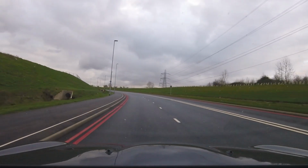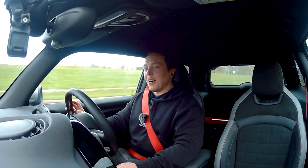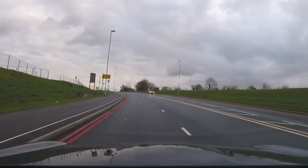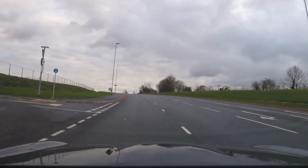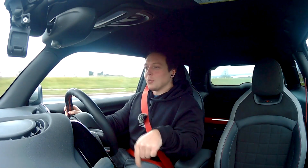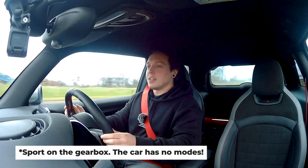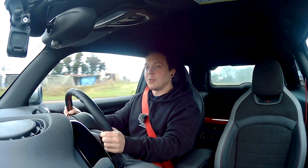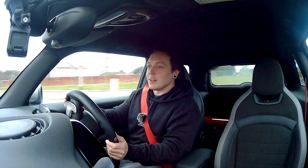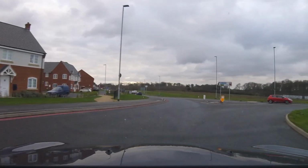So that was nowhere near me on the edge of, you know, what this car can do. That's because basically I'll be going far too quickly, far too soon if I put my foot more into it. Another thing I've noticed, and this is possibly just a case of me getting used to the car, is that because it accelerates that fast, I find the sport mode when you're trying to do, say, a 0 to 62 run, makes more sense than trying to use the paddles, because your hands are too busy holding the wheel, trying to keep it in a straight line for you to be able to deal with the paddles as well. And that is mainly due to the fact that we've got a very greasy...